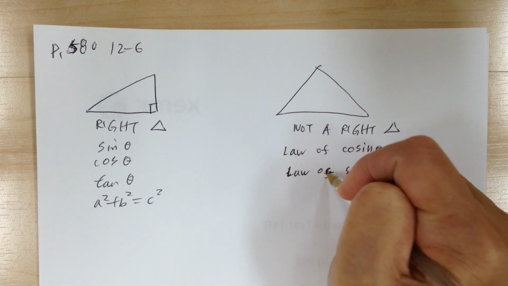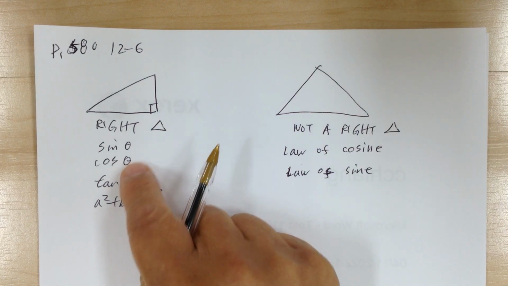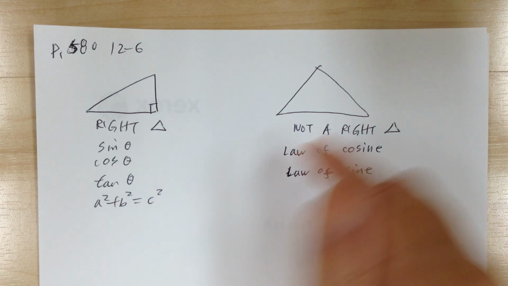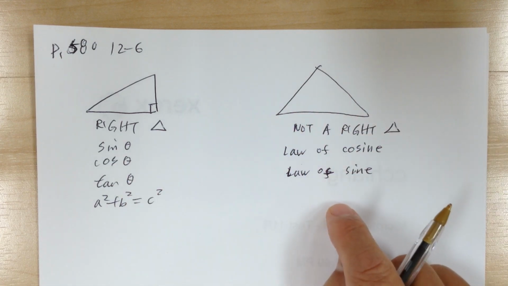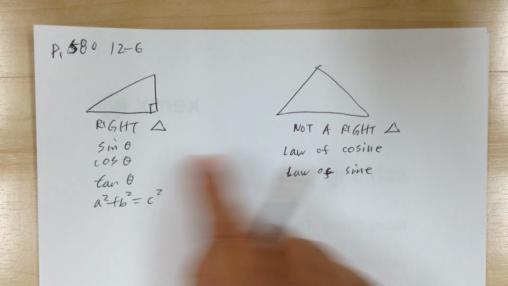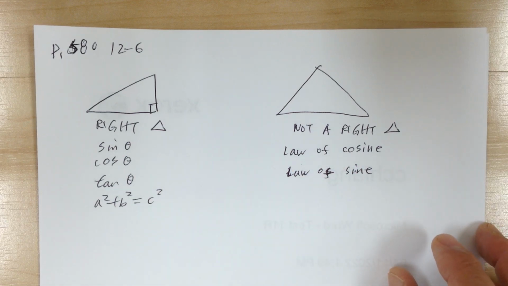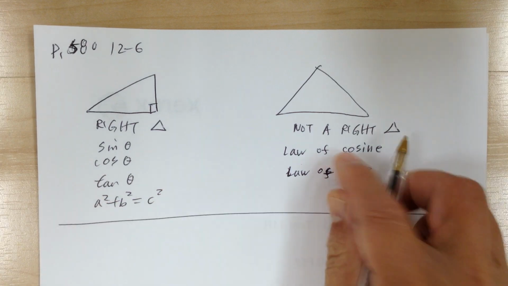Okay. So again, right triangle, use sine, cosine, tangent, and Pythagorean theorem. If it's not a right triangle, do not use those. Okay, so just be aware of that. So this is very important. Okay. So now for the law of cosine,